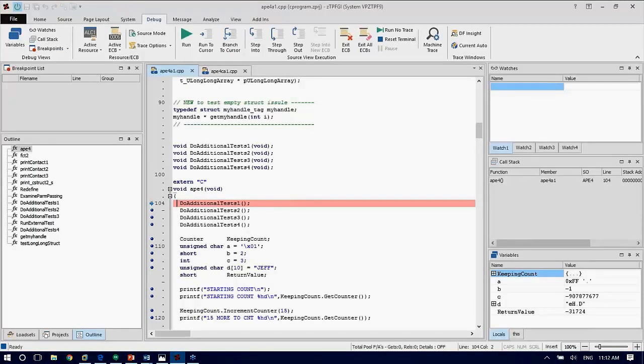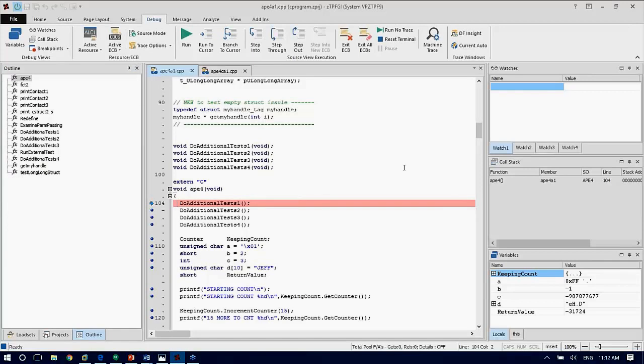Firstly, you can see that the entire desktop layout has changed. We have 4 new views. We have a watches view, a call stack view, a variables view, and a breakpoint list. And for these views, if in your layout for some reason one of these views isn't showing and you want it to show, for example, if I can't see the breakpoint list, up here,